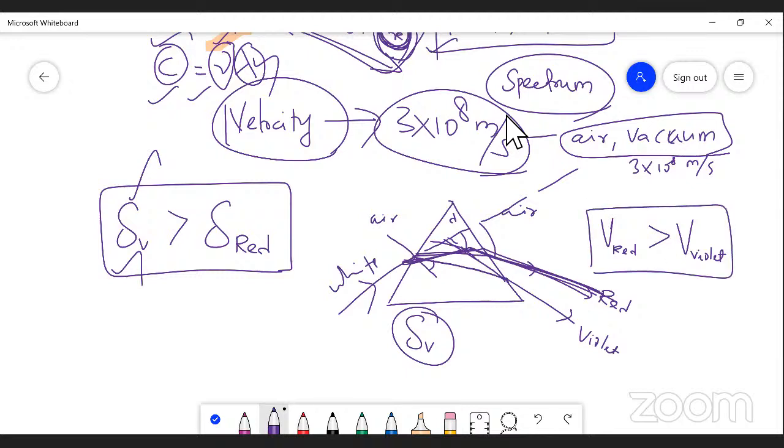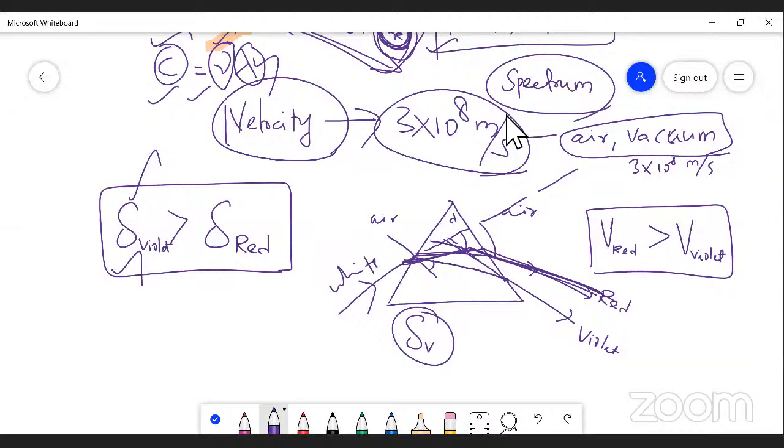So this is another main concept. Velocity is maximum in the medium for which color? Red. Minimum is violet. And the deviation angle is maximum for violet and minimum for red. These two concepts are compared: violet and red, and deviation depends on velocity. That's why there is a maximum deviation and a minimum deviation. And the next one is